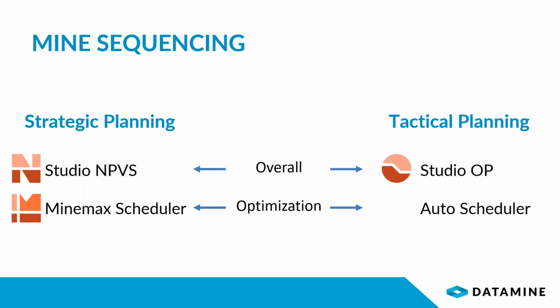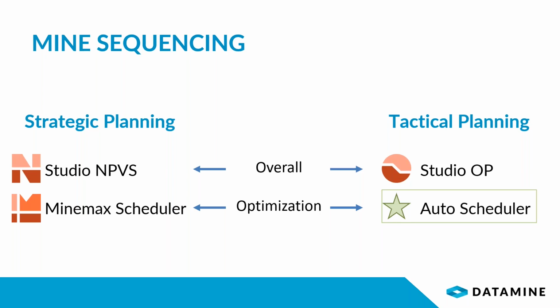And for those who want to make use of an optimizer to increase the efficiency of the use of their equipment and facilities, we also provide AutoScheduler to work specifically on the optimization of the tactical schedule or